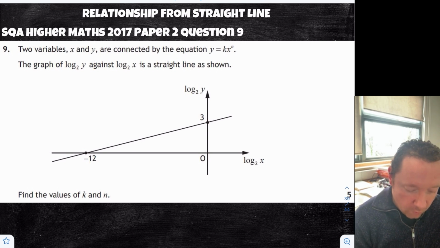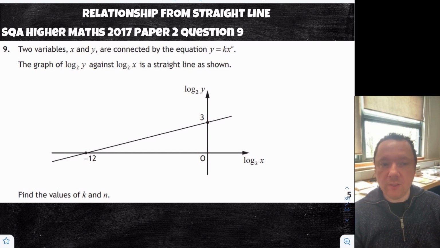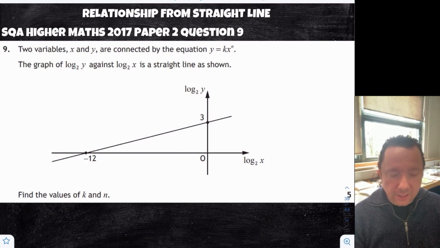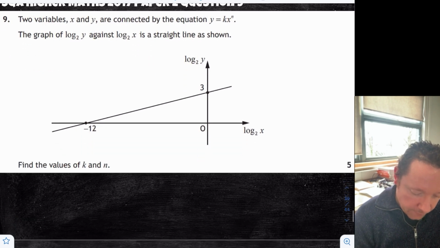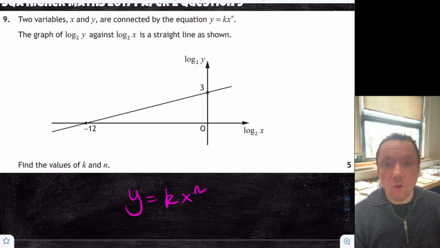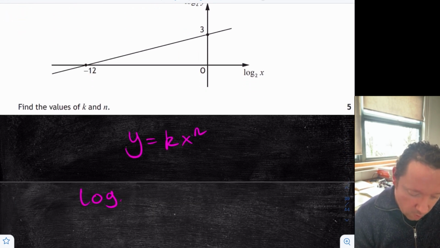The graph of log 2y by log 2x is shown. Find the values of k and n. So you can memorize how to do this, but I usually just start from the beginning, which is to say that y equals kx to the n. If I've got y equals kx to the n, I can log both sides. And the base is 2, so I can say that log base 2 of y equals log base 2 of